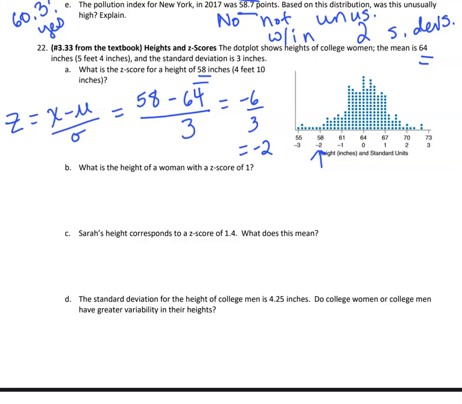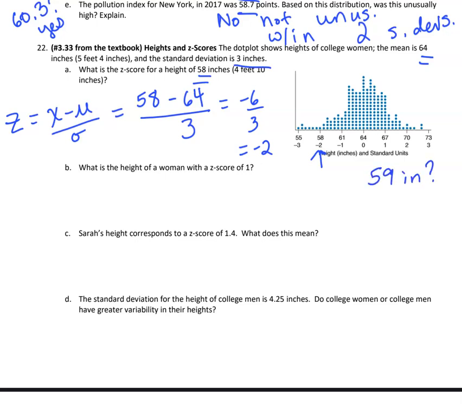When the values are exact, a certain number of standard deviations, 3, 6, 9, for example, because the standard deviation is 3, then the z-scores are going to be nice whole numbers. But if the z-score had been anything else, let me say that again. If the value they asked you about had been in between, like let's say they had asked you about a height of